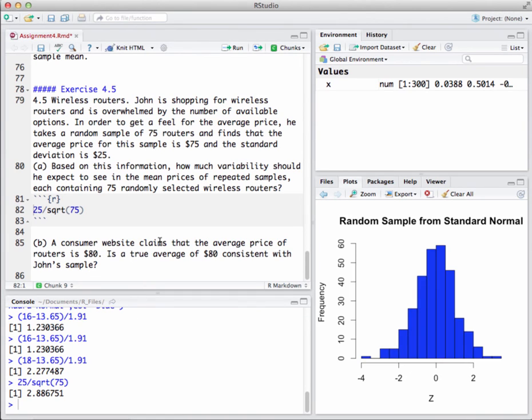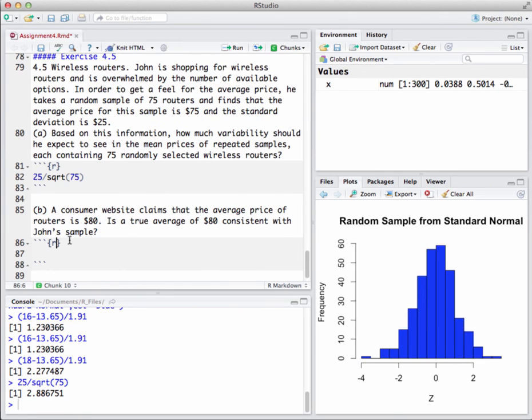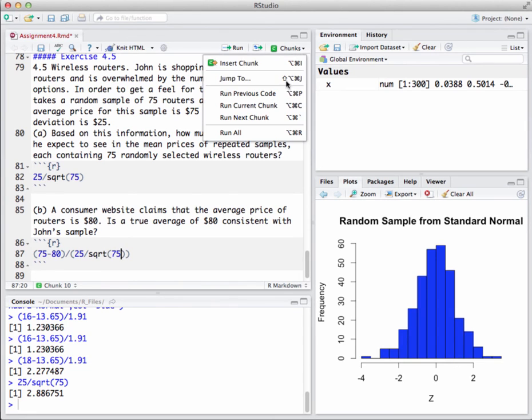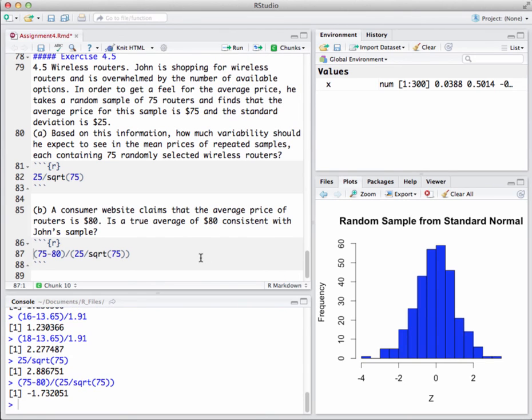And let's go ahead and put that calculation into part B here, and then we can make a decision, all right? So let's go ahead and put in our chunk, and we're going to go parentheses 75 subtract 80 divided by, now if you want, you can get uber precise here, open another set of parentheses, and I can just put in 25 divided by SQRT of 75, because remember that's what the standard error was from our previous problem. Okay, so go ahead and run that chunk, and we get negative